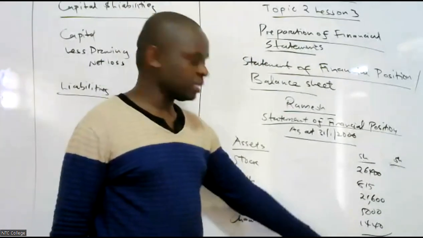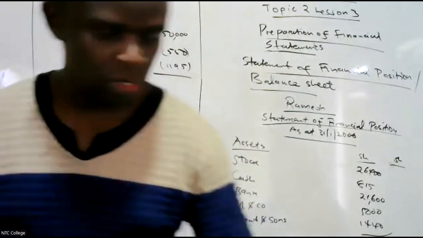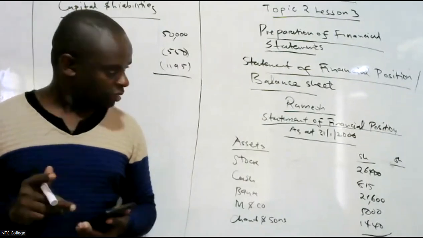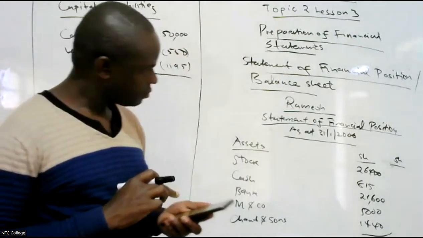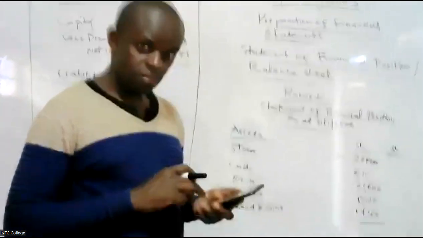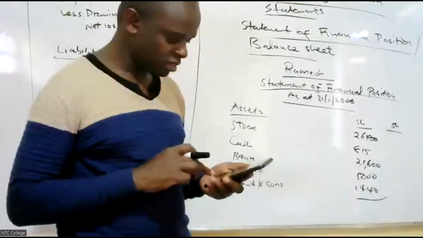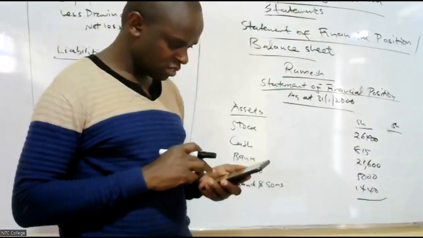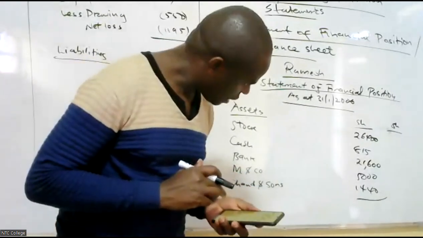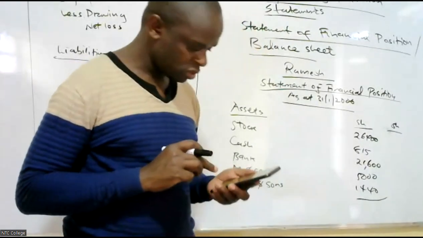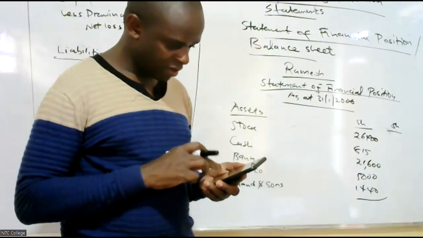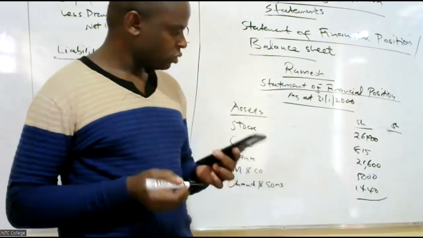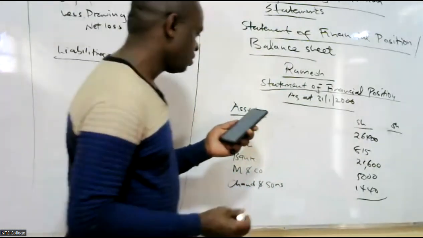How much did you get to be the total assets, please? What the total assets? It was 26,400 plus 815 plus 21,600 plus 6,440 plus 5,000 plus 1,440. So assets, here we have 55,